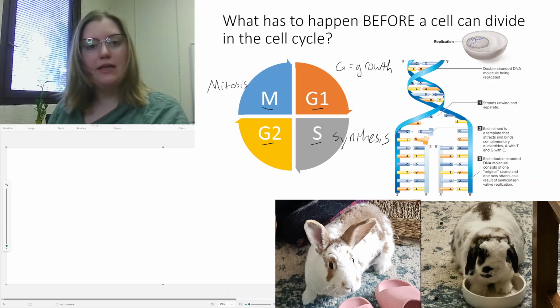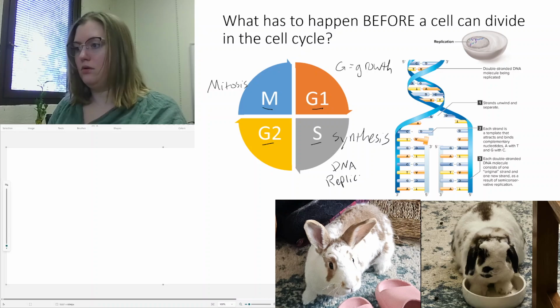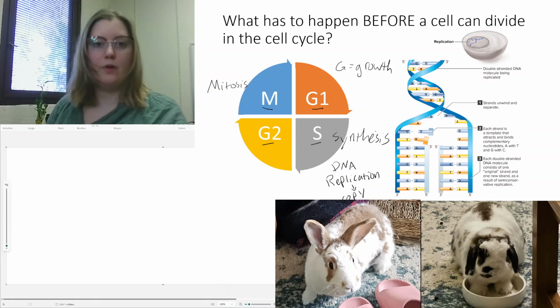In the S phase, we're going to start getting ready for our cell to divide. And we're going to do this by copying all of our genetic material. So synthesis is the step in which DNA replication occurs. Okay, and that means we're making a copy. All right,